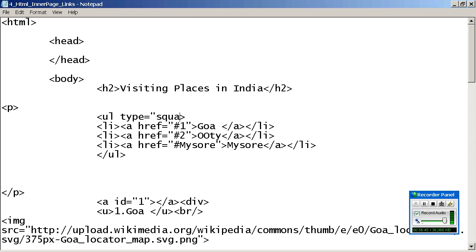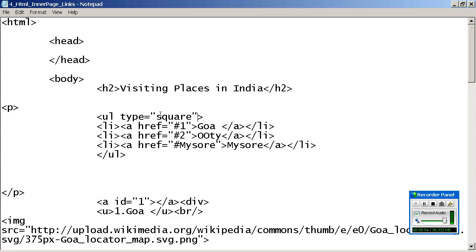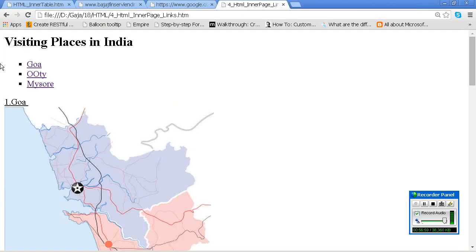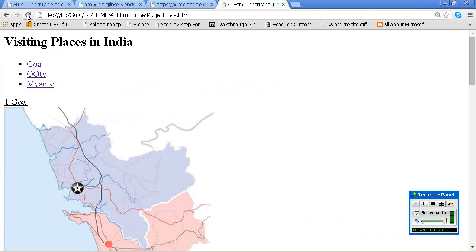I want fire. This is circle, right? Whatever you have seen earlier is this, the circle. There is only 3 types. But if you want like MS Office, star and mark, you should copy it. There was no option. By default there is only 3 types. One is this, fire, circle.